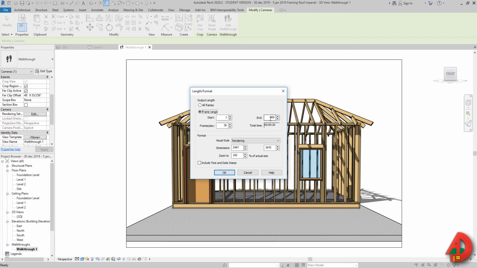And maybe if you work on a project with more people and you have more computers, somebody can make 1 to 100, and then somebody else can make 101 to 200, 201 to 300, and so on. And then you put them all together, and that might save you a little bit of time. It might even take like 24, 36, 48 hours, depending on how complex the project is, how many details you have, and what video quality you set up.